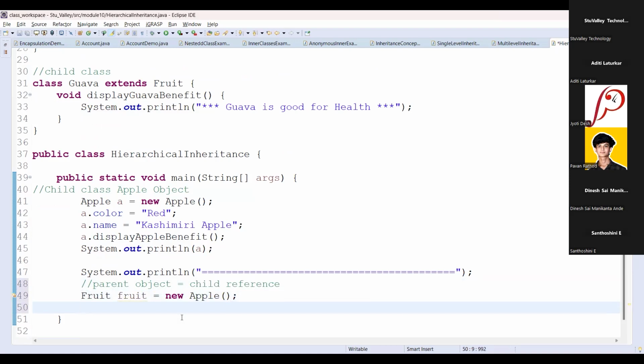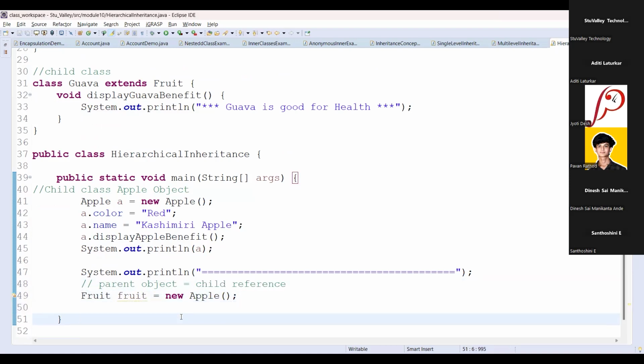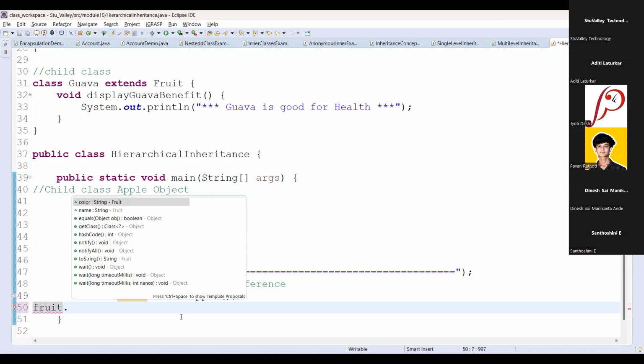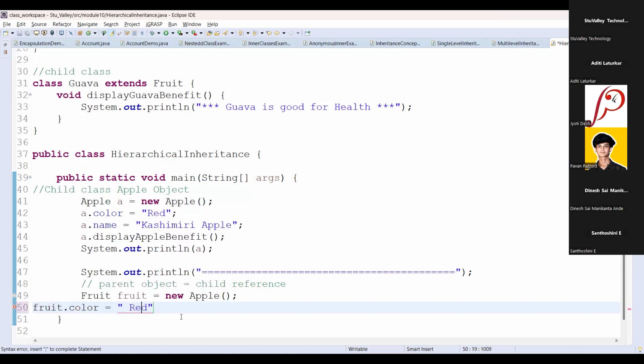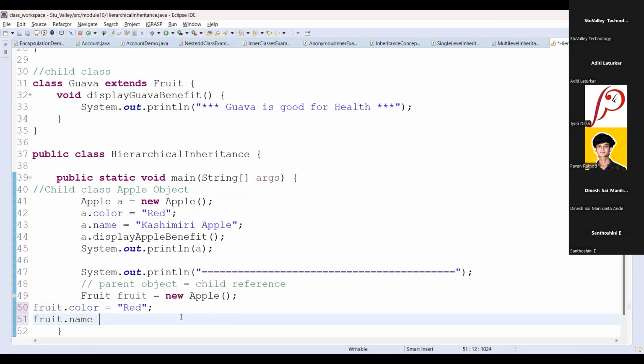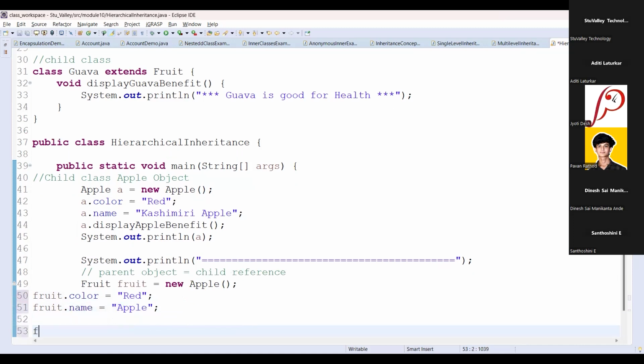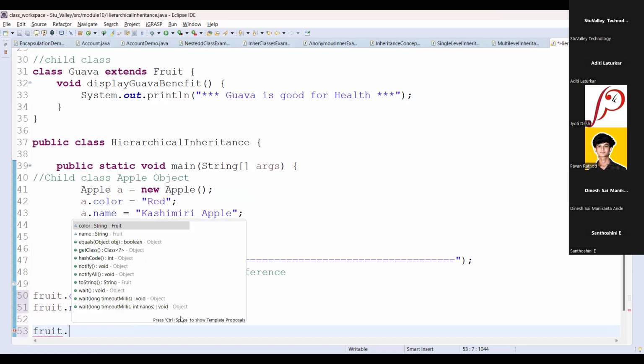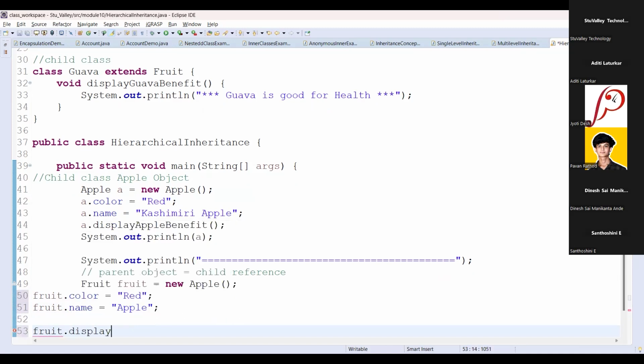Now, the fruit object can access properties like color, and you can set the name as well. fruit.name is equal to